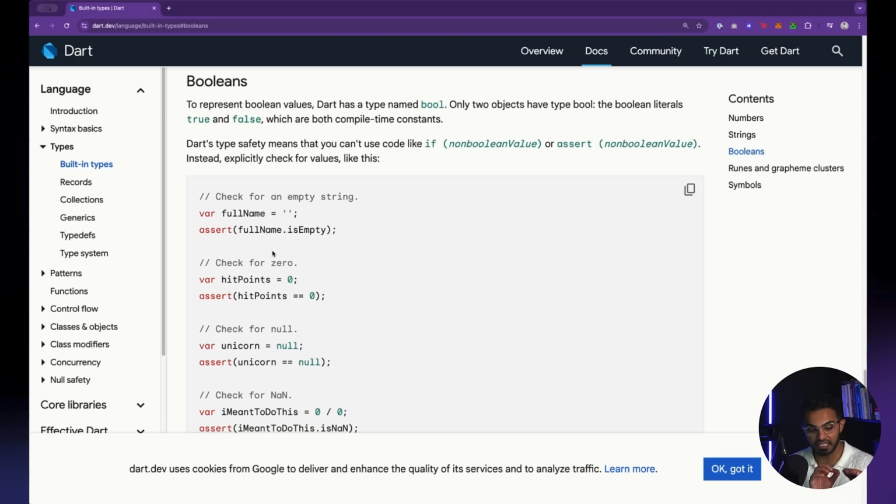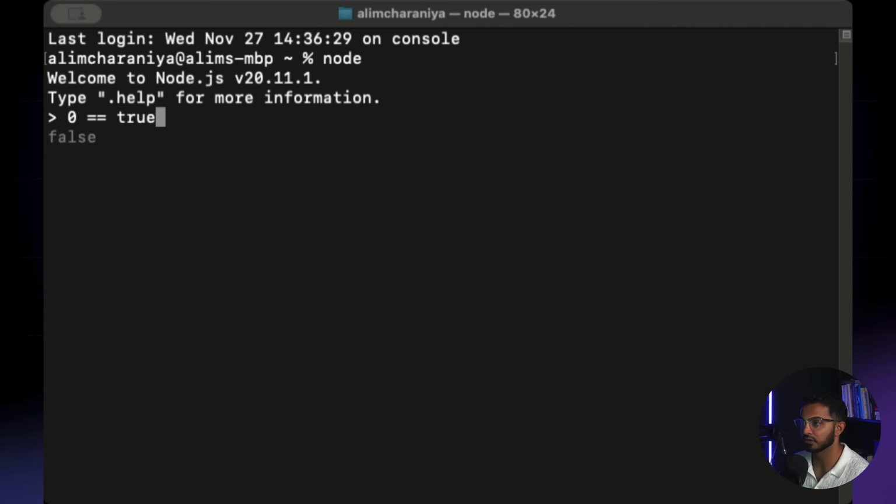What you see here on my screen is my terminal, where I have a very small programming interface. Watch this. If I say 0 equals true, my computer will return false. But if I say 0 equals false, my computer returns true. What's happening here? I'm in a code command line called Node.js. Every computer has a terminal or a command line, and I just spun this up to write some basic code statements.